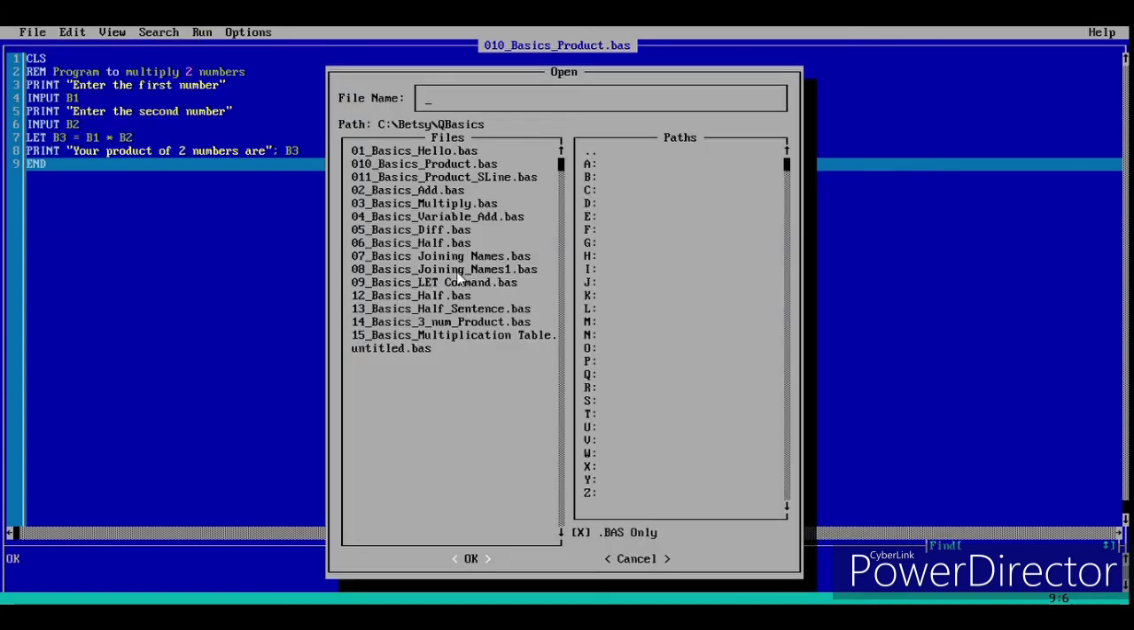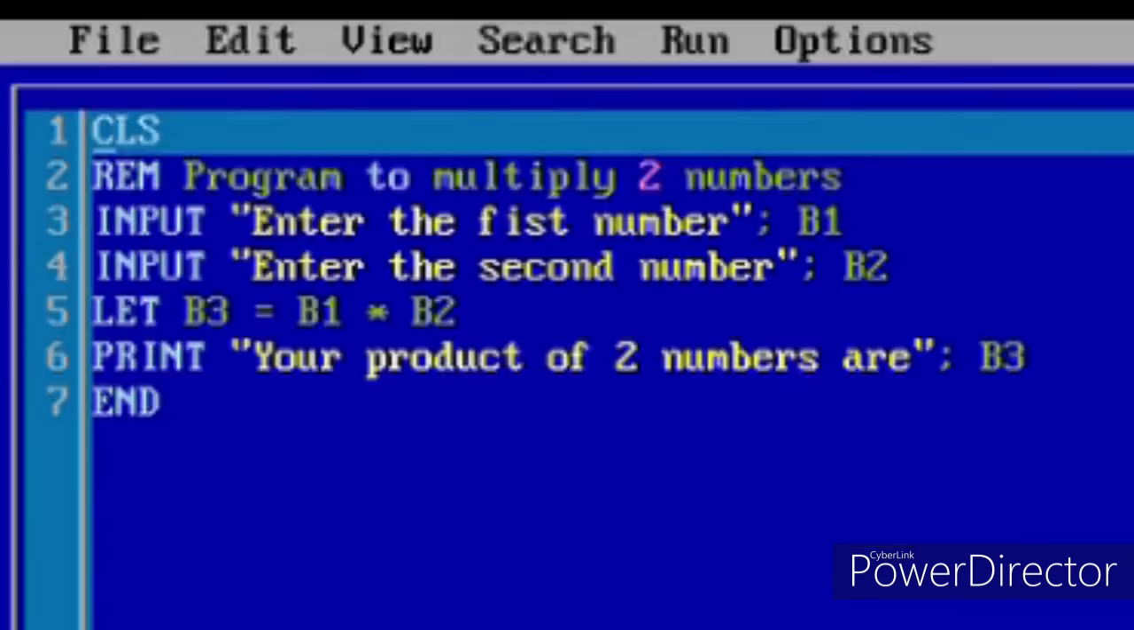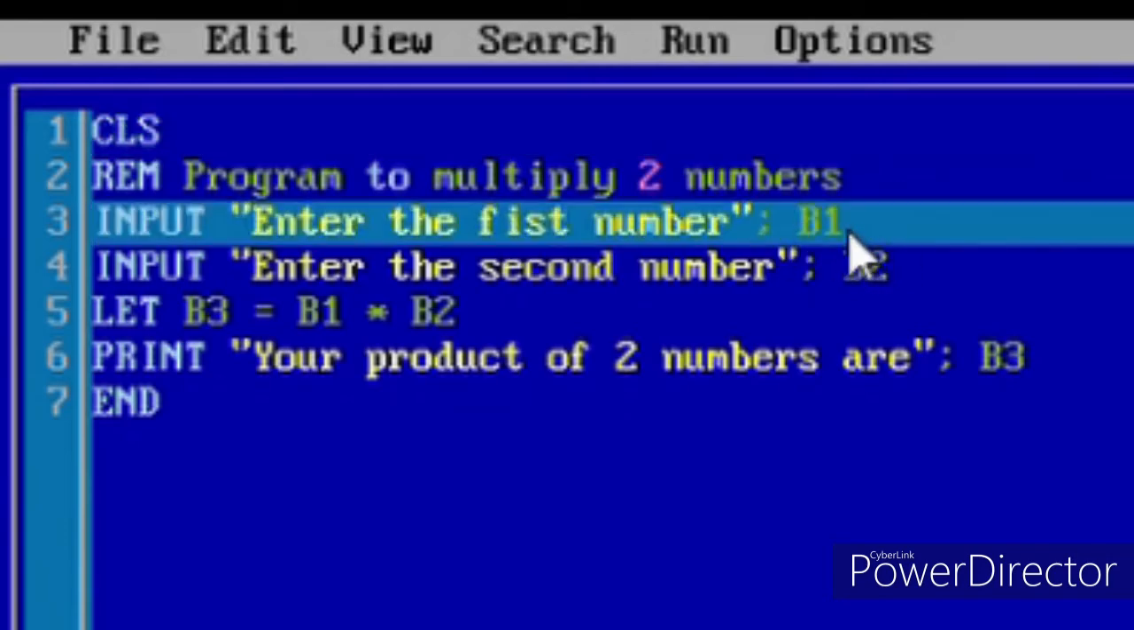And next one is here. In this, we are finding the product, but it's slightly different at the endpoint as usual. So we use clear screen, REM, and we have to type the aim of the program. Our aim is to multiply two numbers, and we are getting the input. We're not typing print. We're getting the input, the sentence in double quotation marks, and the semicolon,